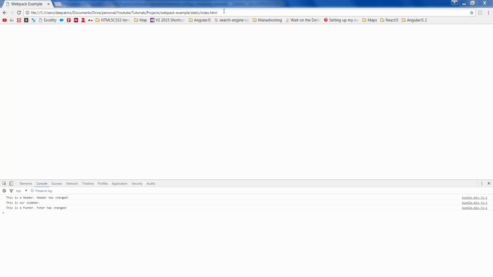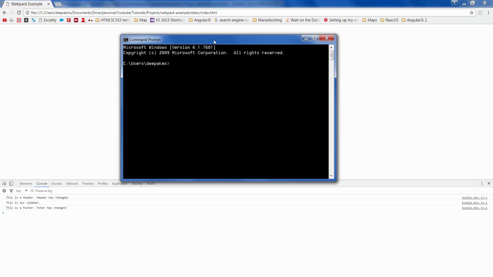Now we've been running this application locally by opening the file directly in the browser. Now let's run this application on a server, which is a webpack-dev-server. Go ahead and install the package called